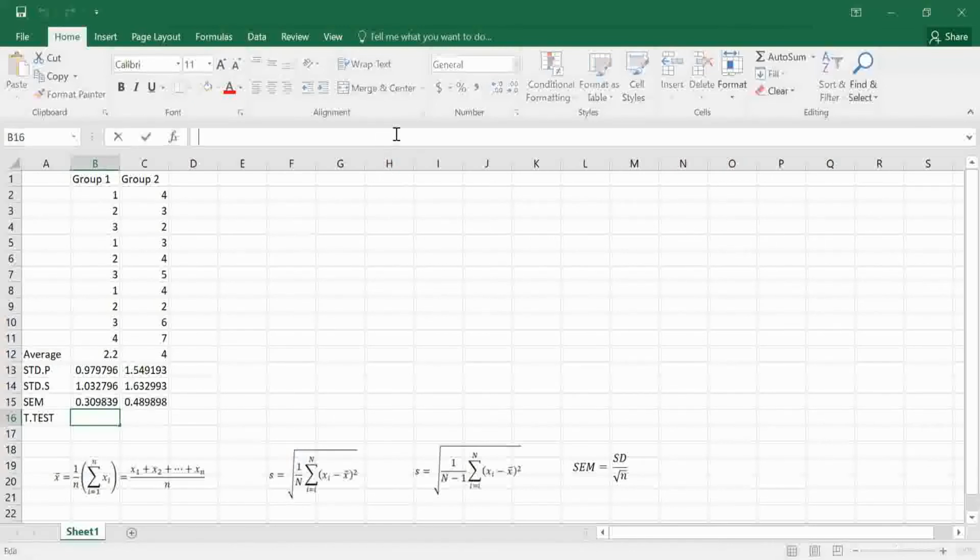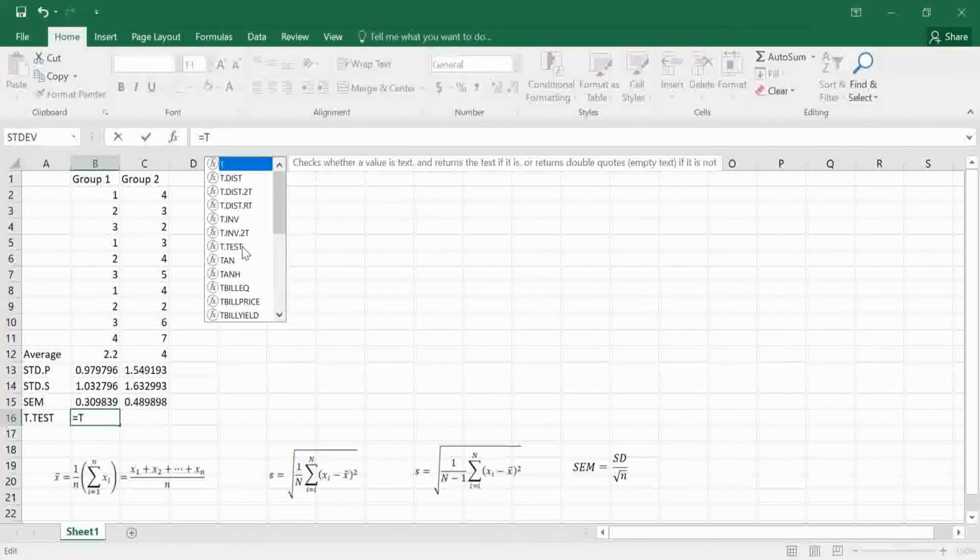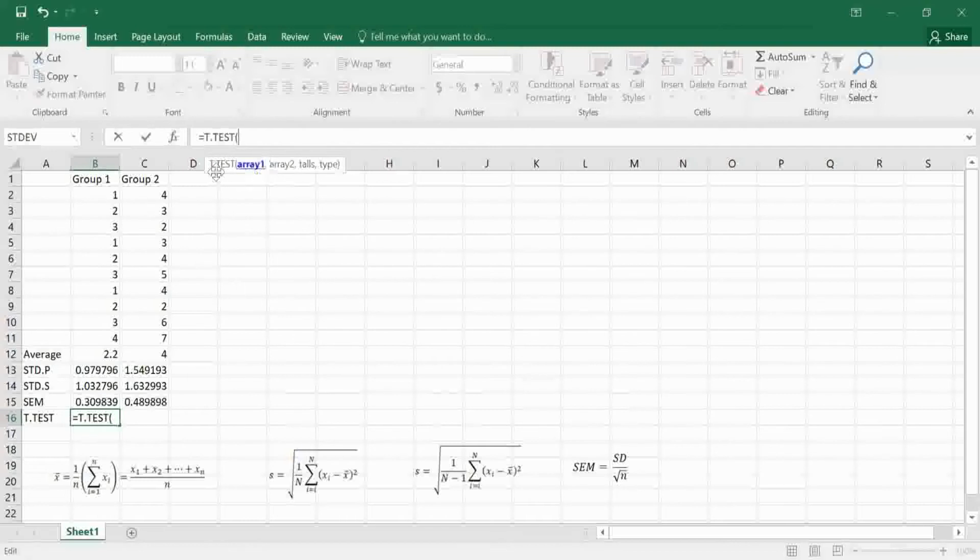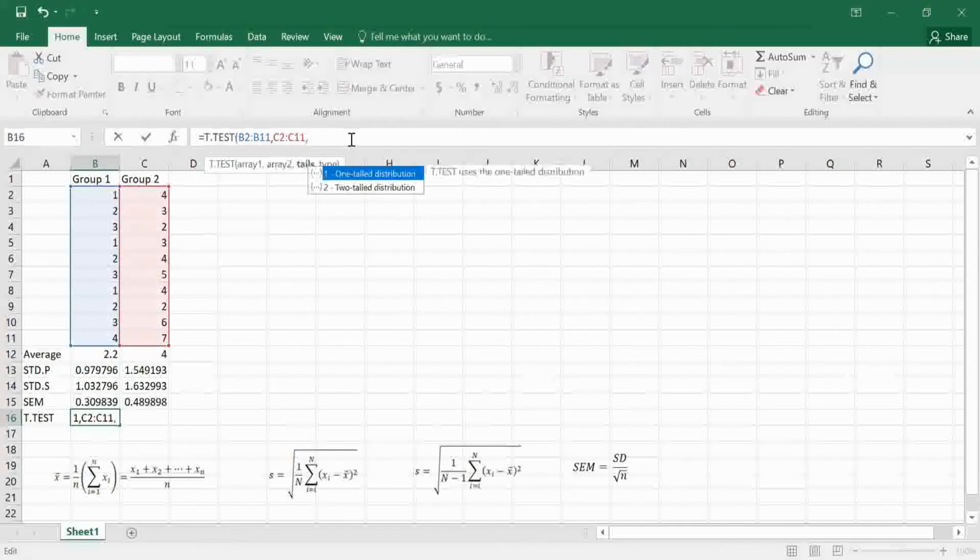In Excel, we can use the t-test function, equal t-test. So we need here the data from the first group, the data from the second group, the type of